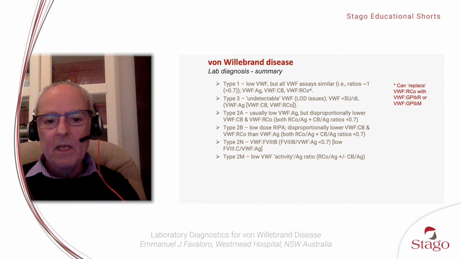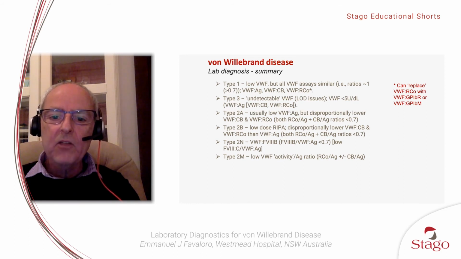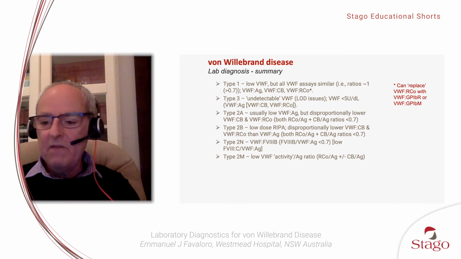In type 2A, we expect to see a loss of high molecular weight VWF. So here what we will see is a low level of von Willebrand factor antigen, but importantly a disproportionately lower functional von Willebrand factor level. So collagen binding and ristocetin cofactor, or its modern alternatives, will be disproportionately lower than von Willebrand factor antigen. So if you take a ratio of a functional activity to antigen, be it ristocetin cofactor to antigen, collagen binding to antigen, or the modern glycoprotein 1bR or glycoprotein 1bM to antigen, then we expect all those ratios to be